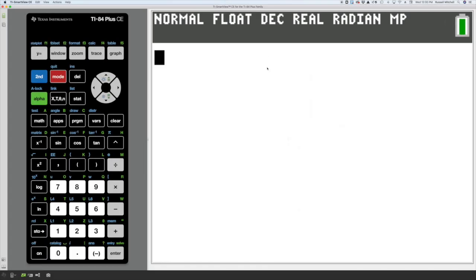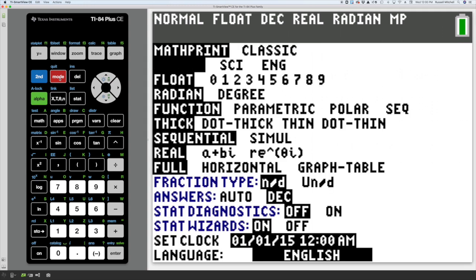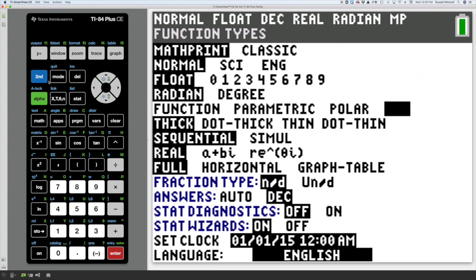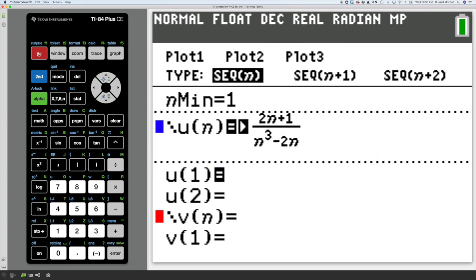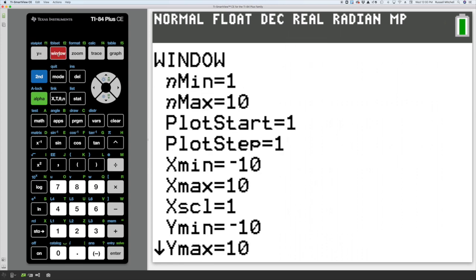From our home screen on this, what we want to do is press mode, and then we want to go down and select sequence, and then press enter. This is going to graph our a sub n terms. Then for u sub n, let's go ahead and type in 2n plus 1 over n cubed minus 2n, and then we want to go to our window, and then we want the n min to be 1 and the n max to be 10,